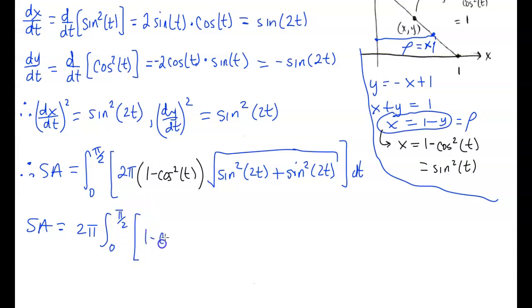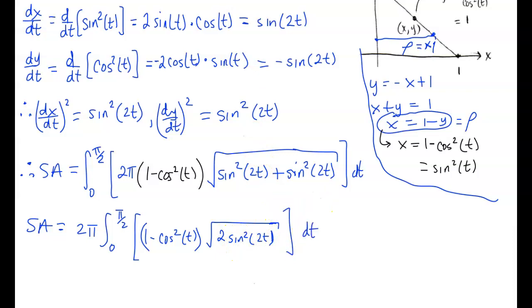And we'll keep this as 1 minus cosine squared t for now. And we will look at this as just the square root of 2 times sine squared of 2t. Okay. And so if we look at this,